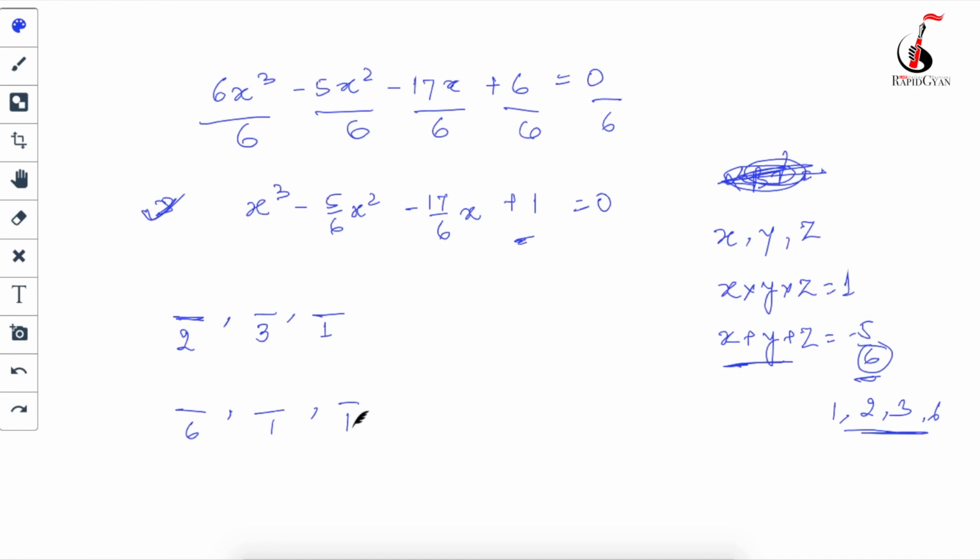So now let's try the second part. Of course, your multiplication should be equal to 1. So here it's 6, here it's 1. I will just write 1 and 6 over here, and this I will write 1. So one case will become 1 upon 6, 6 and 1. If you multiply, you will get plus 1.